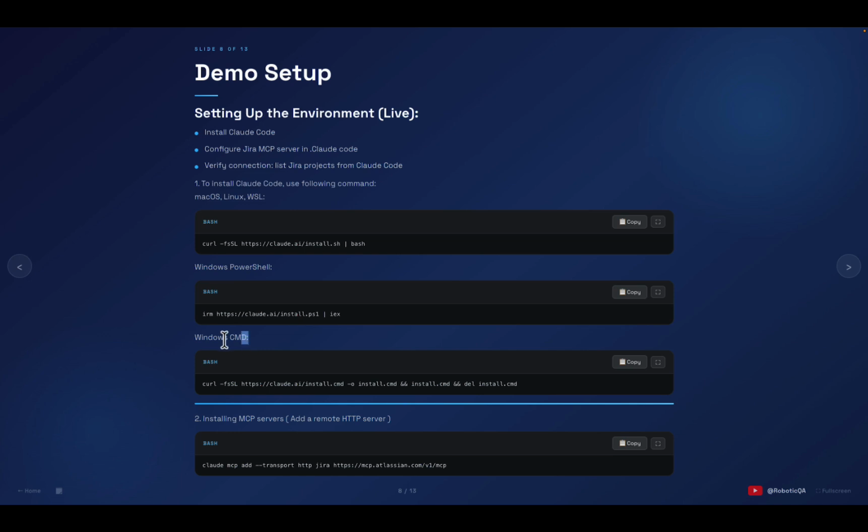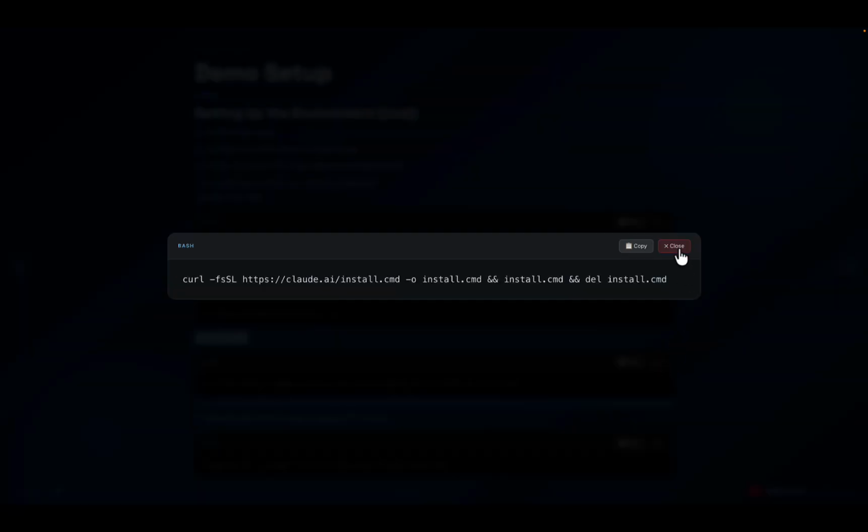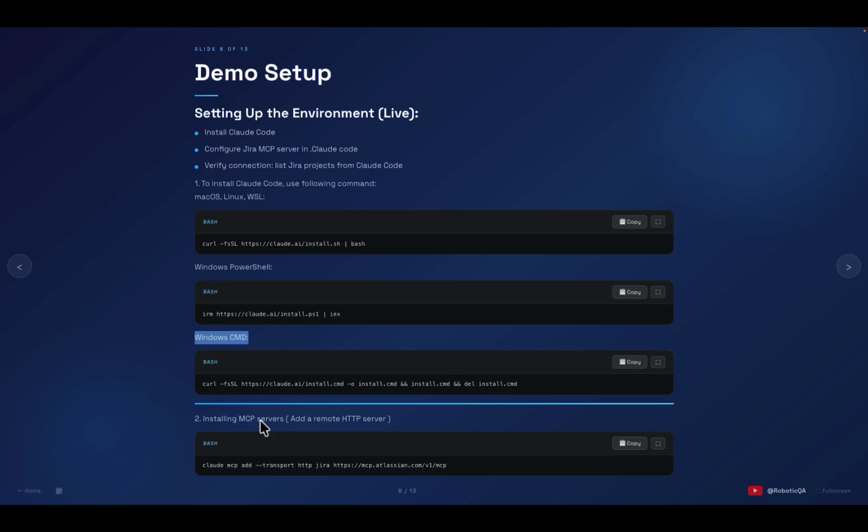And if you have Windows and you want to run from CMD, you can run this command. Okay, and then we have a